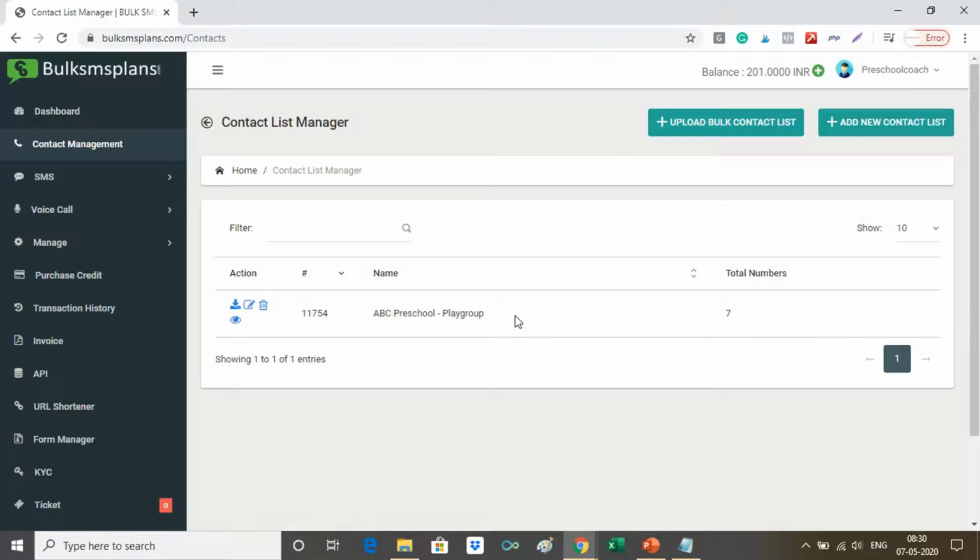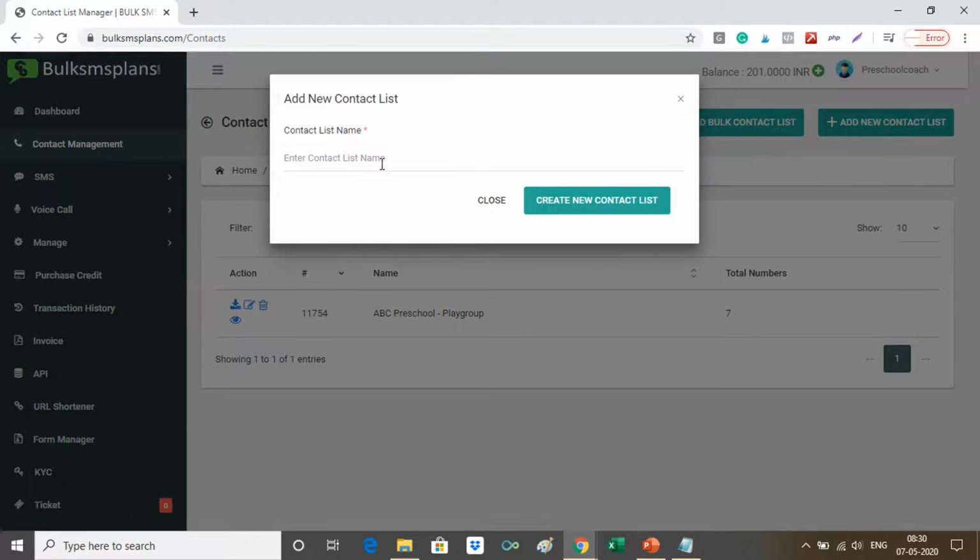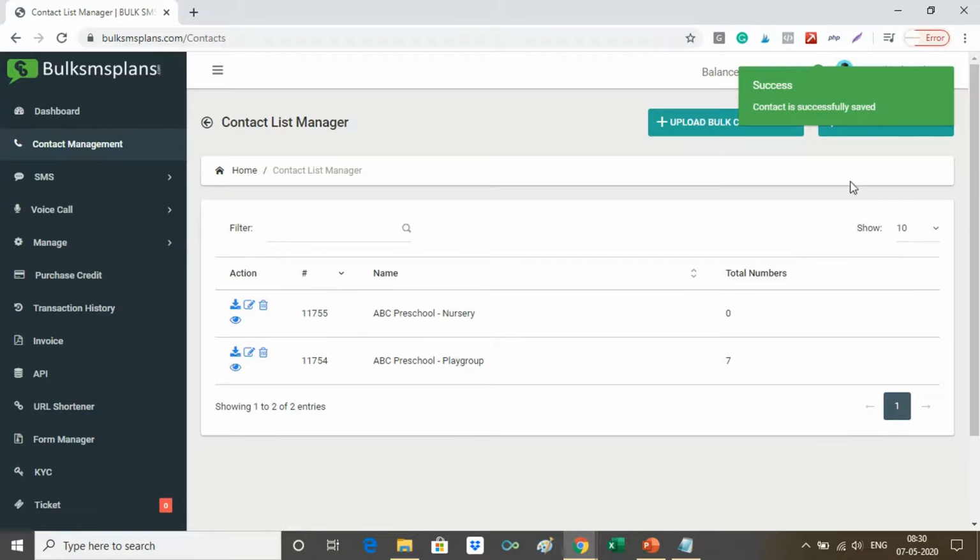Similarly, you can create multiple contact lists. We already created a contact list for playgroup. You can similarly create a contact list for nursery, and similarly let's create 2 more contact lists.